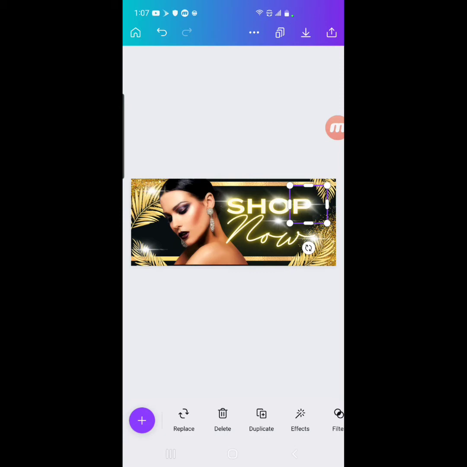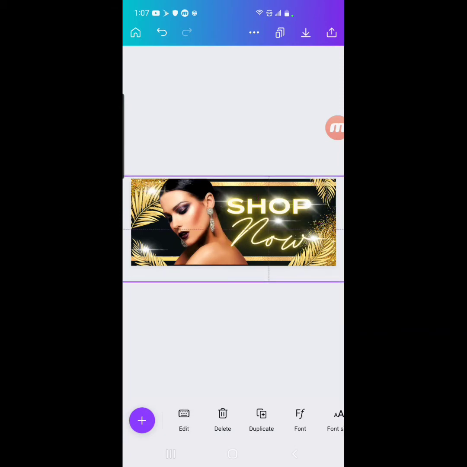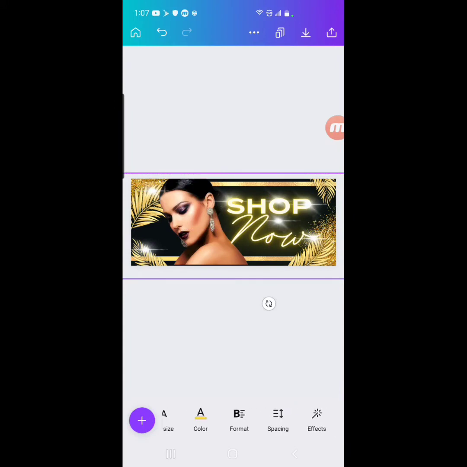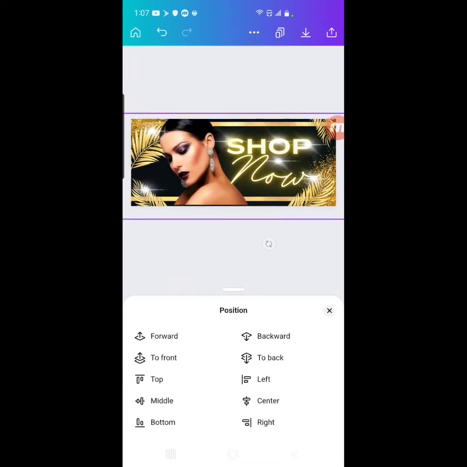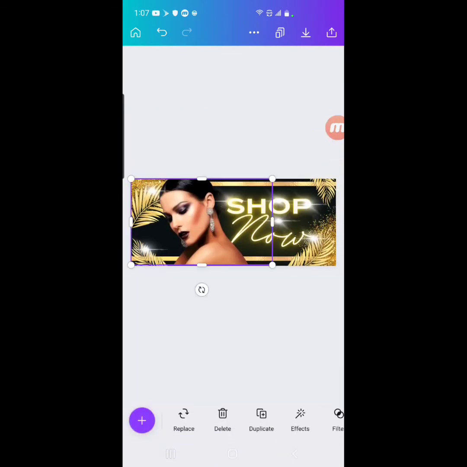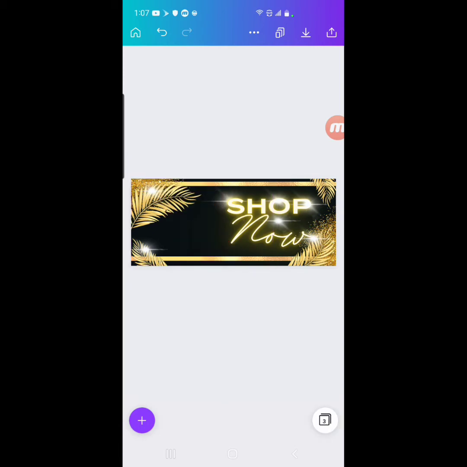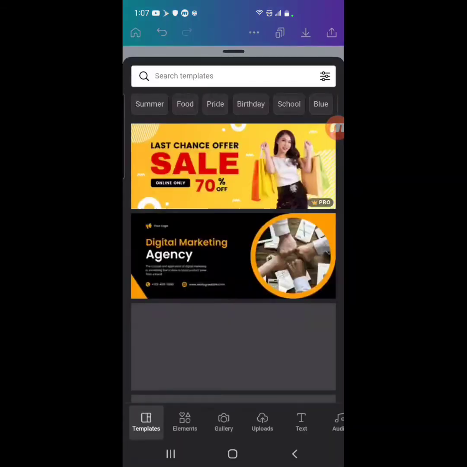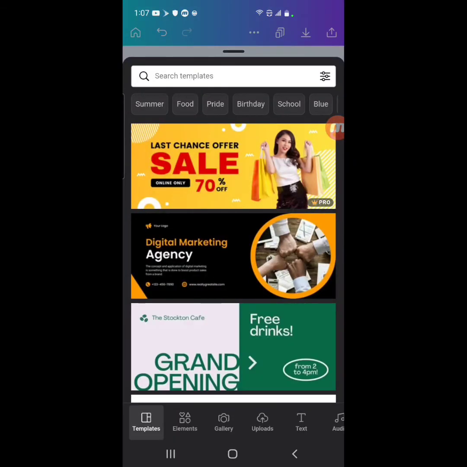And then with the photo, you would just click on the picture of the lady in the photo. And all you're going to do is just replace the photo with your own. So you would click on her photo just like that, and you can either hit replace or you can hit delete. I would just hit delete, and then you're going to upload your own photo. So you're going to click on the plus sign on the bottom, and then you're just going to click down on uploads,